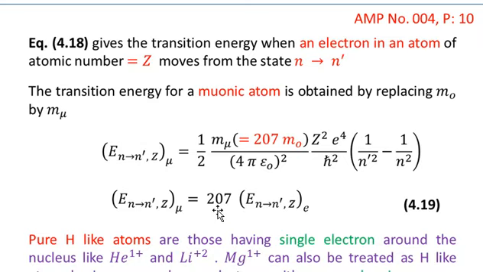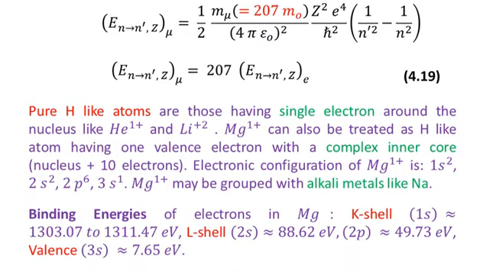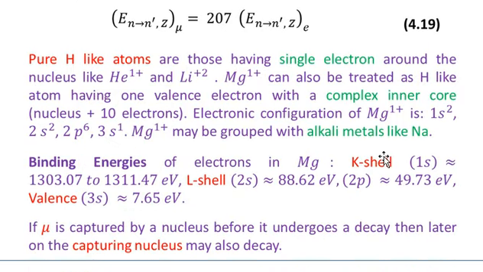So you can see that again there is a parameter of 207 times. The energy liberated by a muonic atom is 207 times the energy liberated by the electronic atom in the equivalent states. That is, with the same atomic number Z and with the same change of quantum states from n to n prime. So pure hydrogen-like atoms are those having a single electron around the nucleus, like singly ionized helium